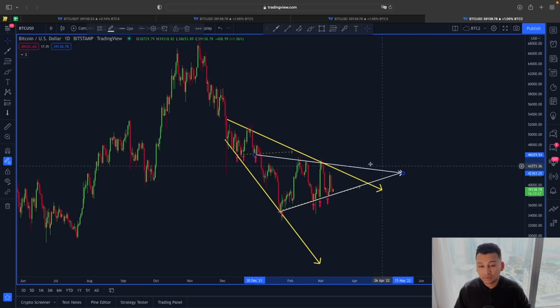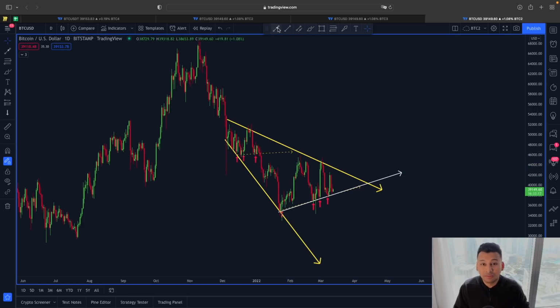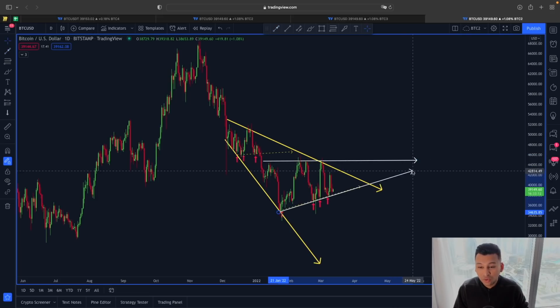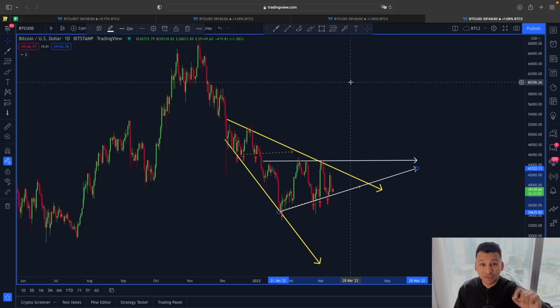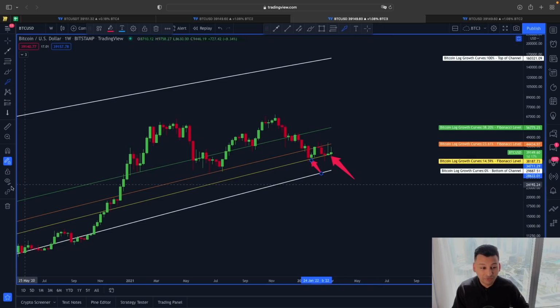the symmetrical triangle. So you can see this symmetrical triangle formation is also in play, but still, to the downside, the lower line is a strong line of support. And if you don't want to look at this as a symmetrical triangle and simply as an ascending triangle, no problem, you can see the lower line is still the line of support. So it doesn't matter whichever scenario we look at, 38,000 is a must-hold line for Bitcoin,